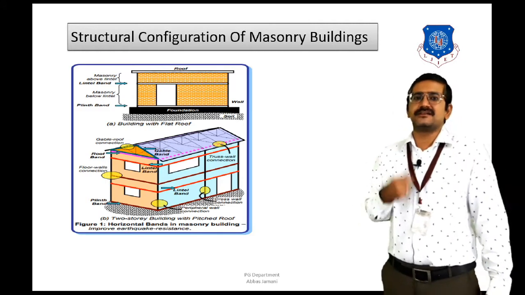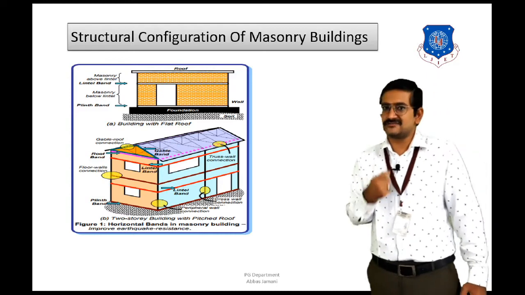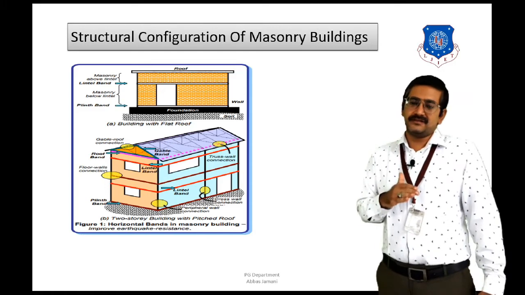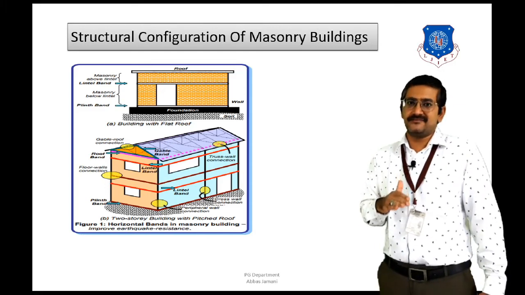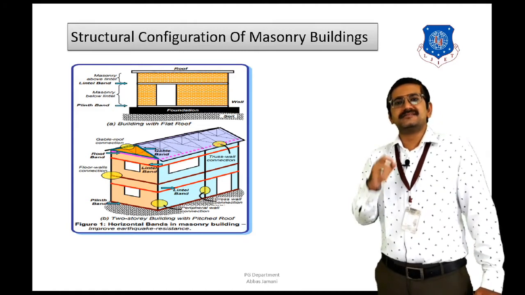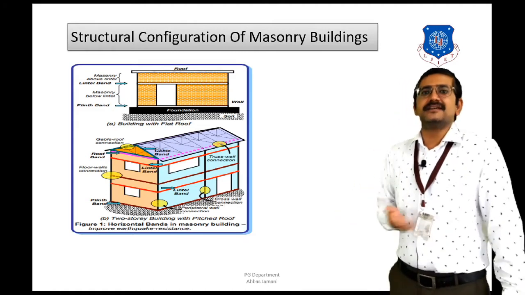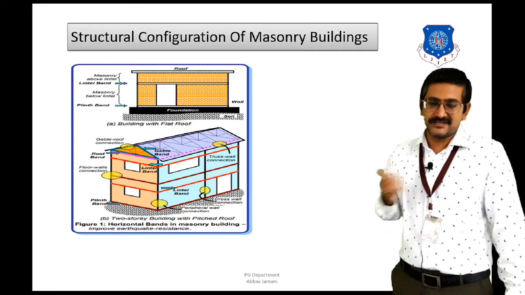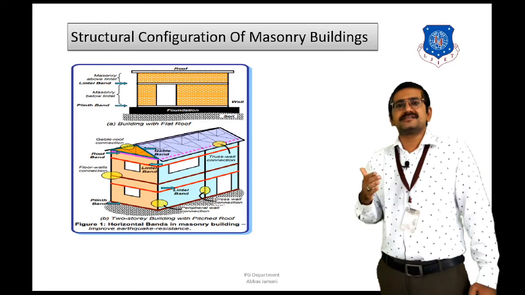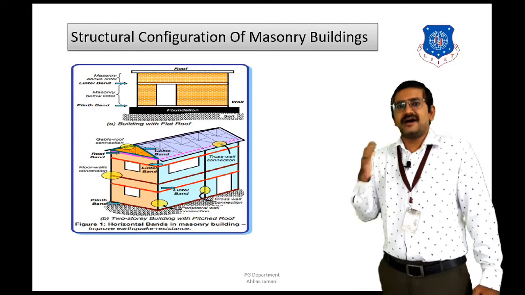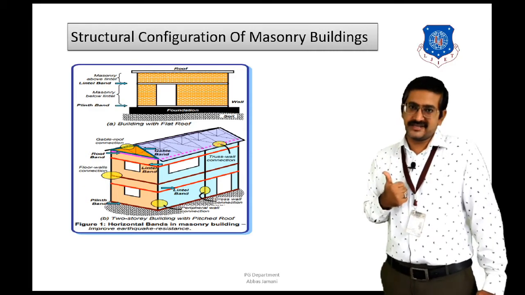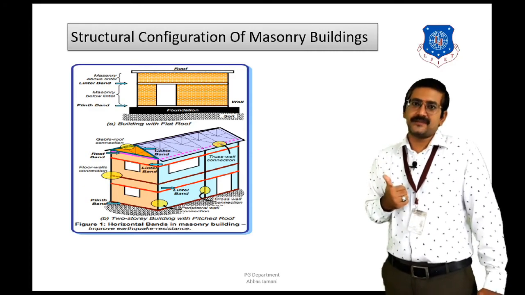But in this lecture, the focus is going to be on the horizontal bands, and that is what we are continuing, right? So depending upon the location, these bands have been named as plinth band, lintel band, roof band, and gable band. In case of zone 5, sill band is also going to be there, where the sill band is to be provided at the sill level, right? That is the sill of the window. So depending upon the different locations of the building in different seismic zones, height of the building, and at the same time the number of stories that are constructed as a load bearing structure, these criteria can be modified.